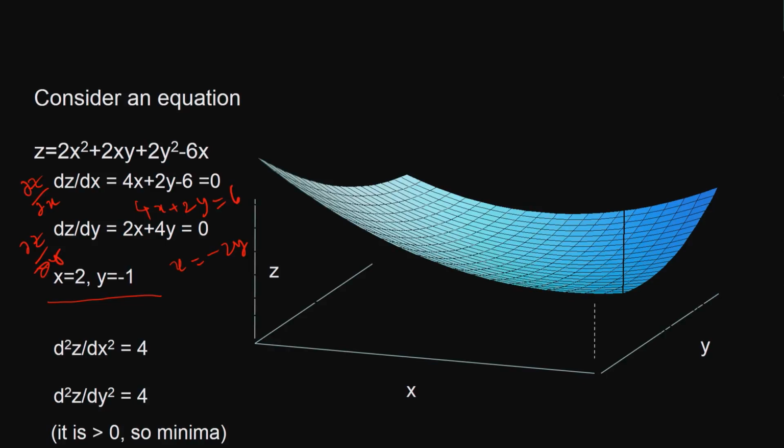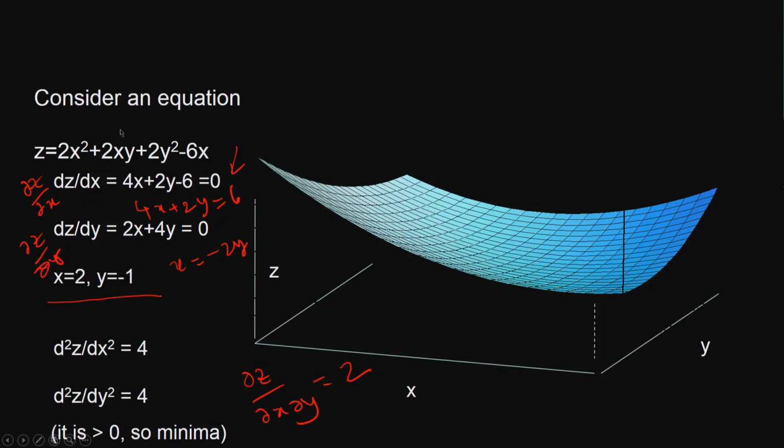okay. You can also do the same thing for dou z by dou x dou y. So if you take this equation, okay, what do we get? Now instead of differentiating with dou x, differentiate with dou y, so it comes to 2. Okay. So again this is greater than 0. So we can say this x is equal to 2, y is equal to minus 1 is the minimum of